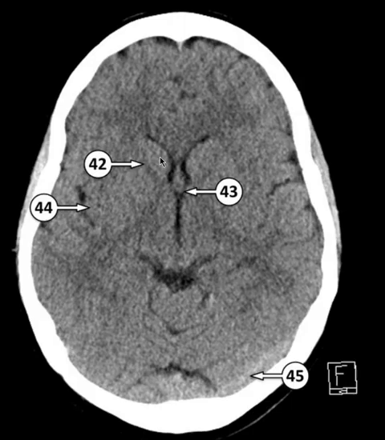Number 42, we have the anterior limb of the internal capsule. 43, in the midline, we encounter the interventricular foramen of Monro. And 44, we have the insular cortex. Posteriorly, we also encounter the transverse sinus, this linear, hyperdense structure over here, the transverse sinus.